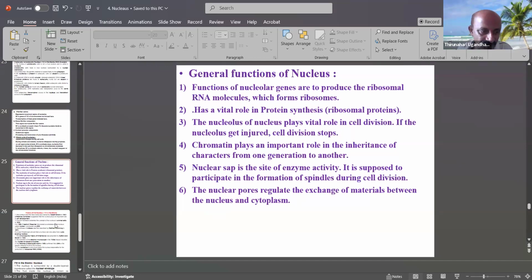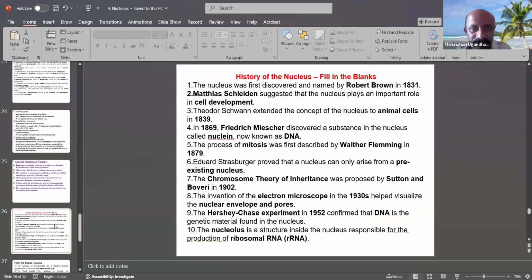These functions, after that, is also the history of the nucleus, with some fill-in-the-blanks. The nucleus was first discovered by Robert Brown in 1831. The nucleus plays an important role in cell development. Matthias Schleiden,